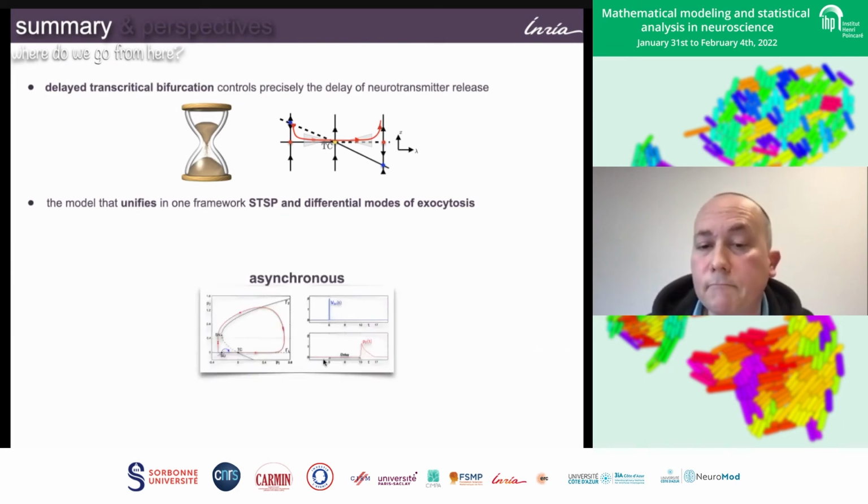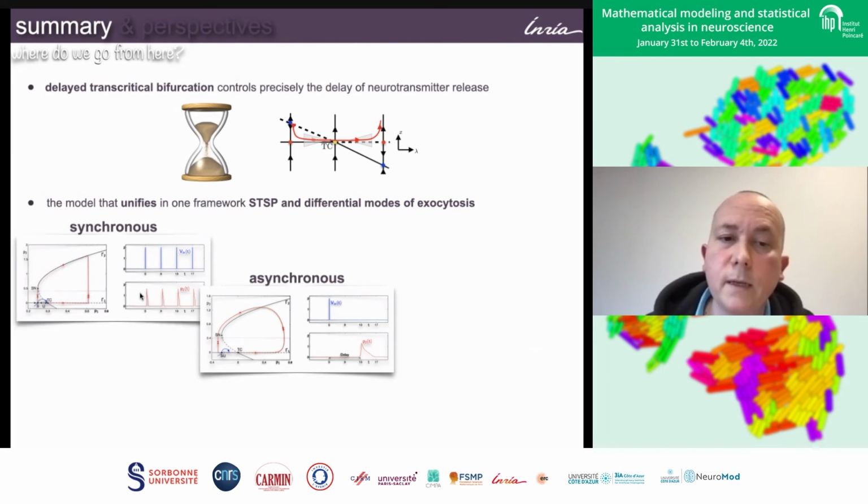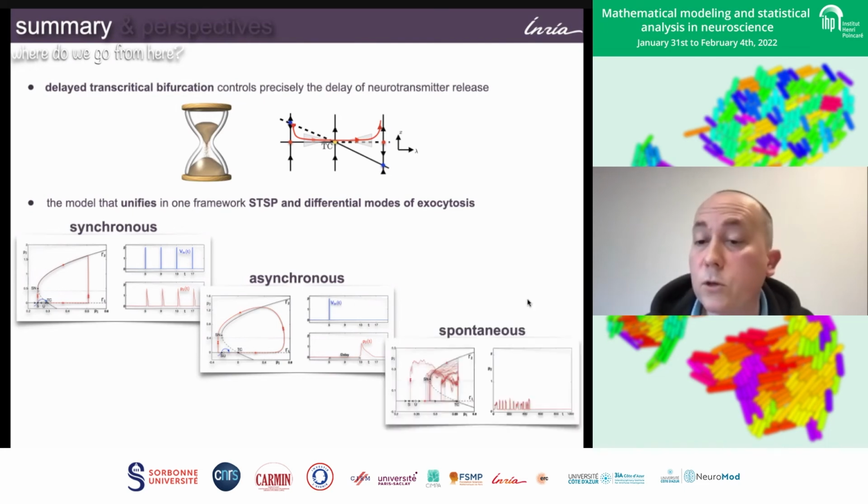In particular, we can obtain asynchronous release related to the data I've shown you before, but also synchronous release, where the delay to release will be in a sort of more normal range, so to speak, by adjusting the configuration of the P1, P2 model and its parameters, and also spontaneous mini release. So we have different ways to do that, but one particular way is to shift these two states away from this region, make sure that they are quite close from each other in such a way that by adding some noise in the P1 equation, we would spontaneously enter into this loop,